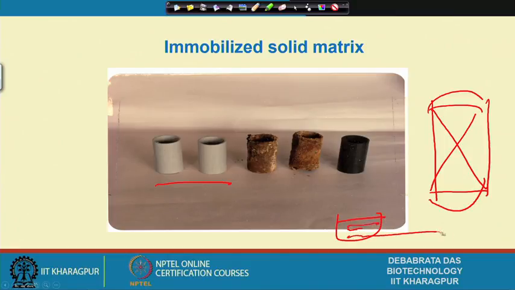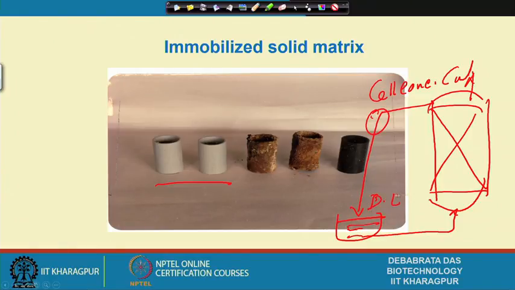suspension, acetogenic culture or methanogenic culture. We pass it like this, and continuously we do it until we find the cell concentration here constant. Cell concentration is constant. Then we hold it for some time with the media, and then let the reaction take place. When your gas production is maximum, then it is replaced by the distillery effluent. So, we continuously pass and produce the acid, and this acid we similarly use for the second reactor for converting